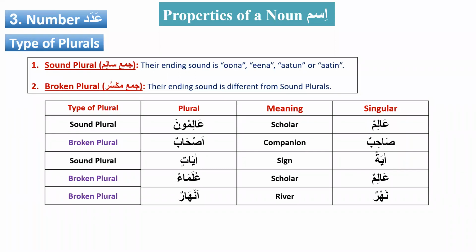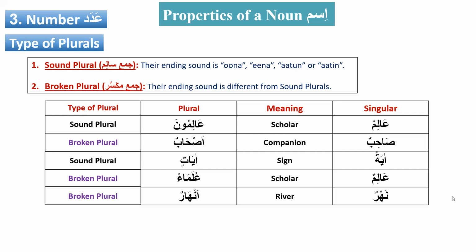A singular word can sometimes, not all words have this feature, but some words have two types of plural. One word doesn't always have one type of plural. There could be a sound plural or a broken plural. It is possible. That doesn't apply to all words, but some words have this feature. One plural will be sound, and another will be broken plural. Yeah, it's a good question. Thank you, Muhammad.